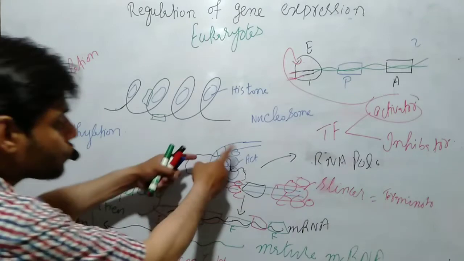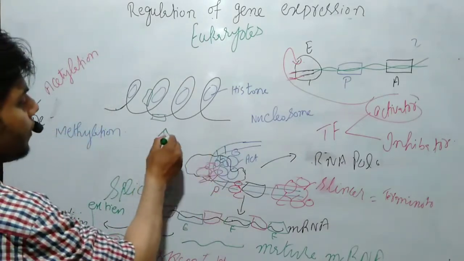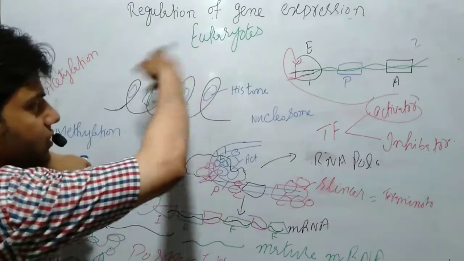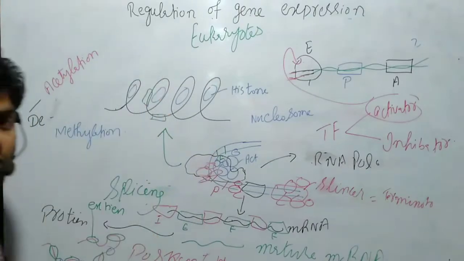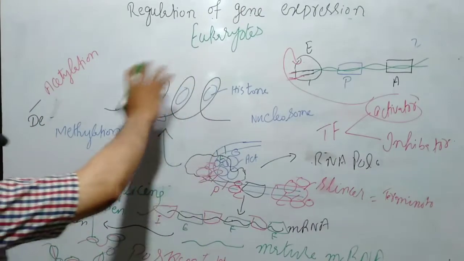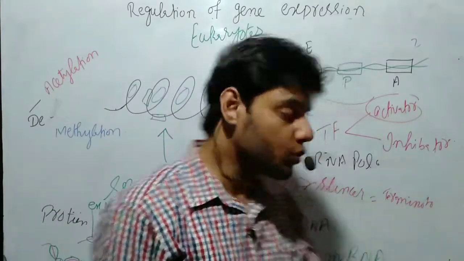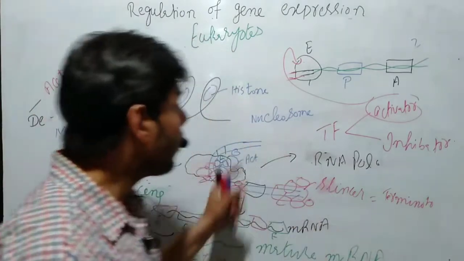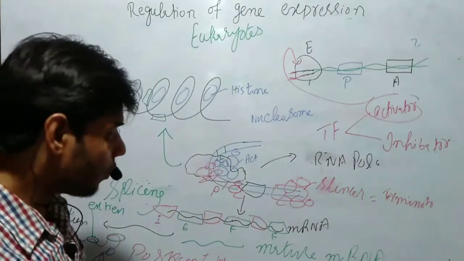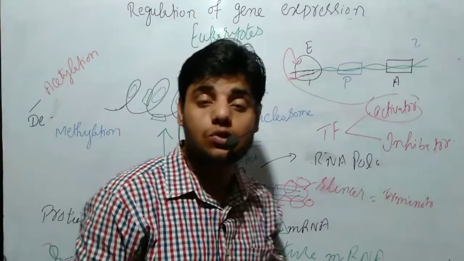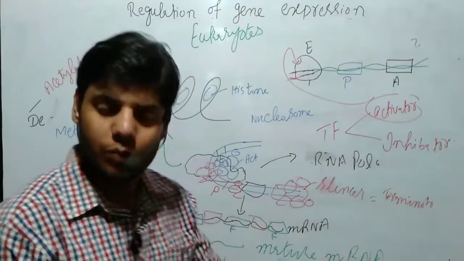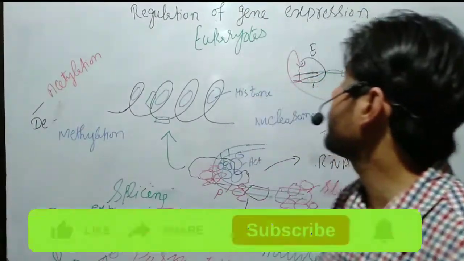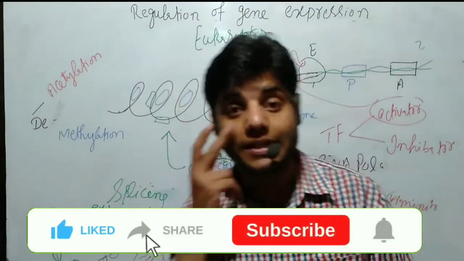When the gene is turned off, it is again converted into the nucleosome form. Again, the histone proteins bind and cause the coiling of the DNA. The deacetylation process occurs. Through this deacetylation process, the process will be stopped, and then gene expression will not occur, post-transcription and all these things are not going on. So this is how the regulation of gene expression occurs. Through this process we can turn off gene expression inside the eukaryotic cell. So that's all about the regulation of gene expression in eukaryotes. I hope you guys get an idea about that.